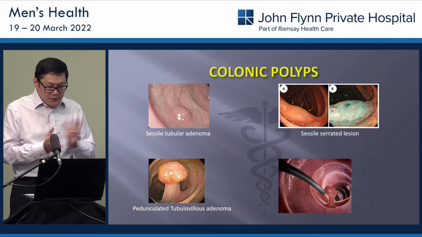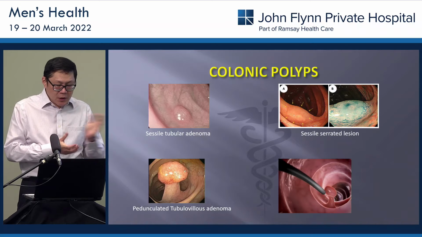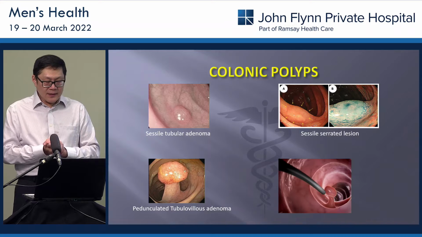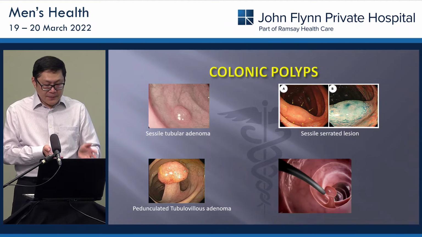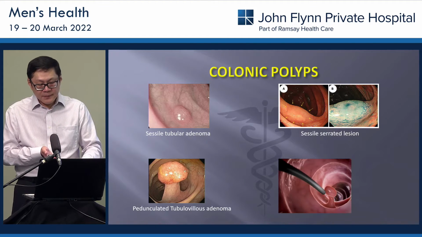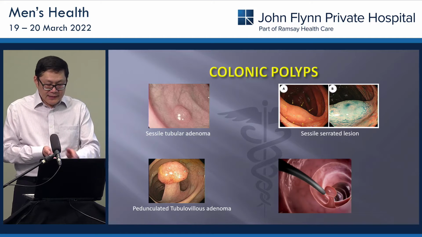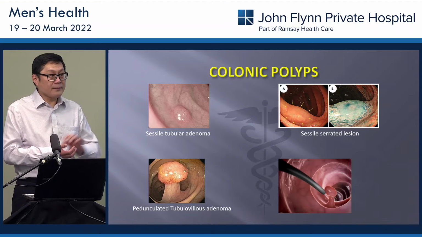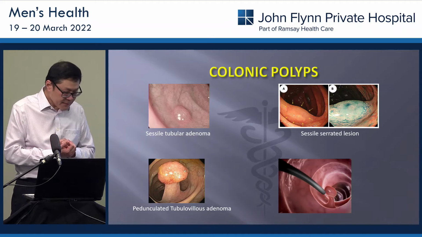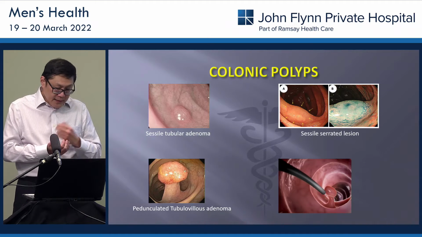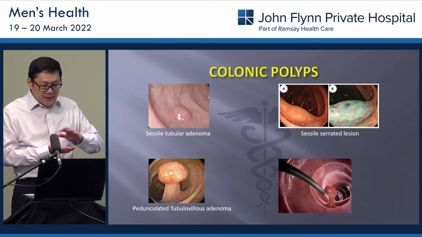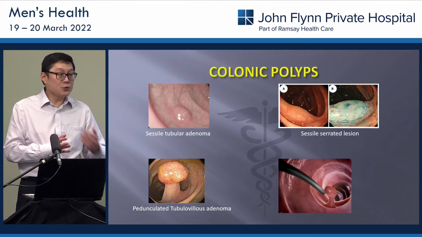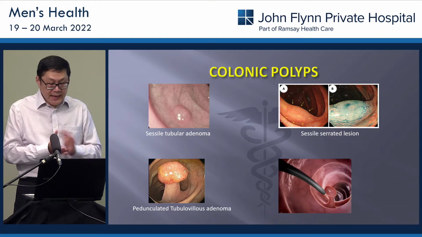Okay, just a few photos of some polyps that we may encounter. On the top right, you've got a sessile tubular adenoma, and on the bottom left, there's the pedunculated tubulovillous adenoma. Now on the right, there's a sessile serrated lesion. If you look at the uncolored one, they can actually be very difficult to detect, particularly if the bowel preparation is not perfect. They're frequently very flat, and they have a little mucus cap that gives it a cloudy appearance, and that's how we've learned to find them. Otherwise, they can be very hard to see.